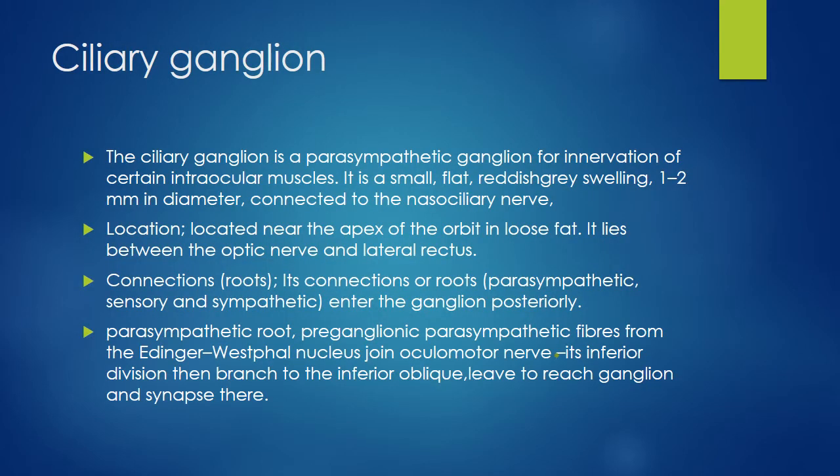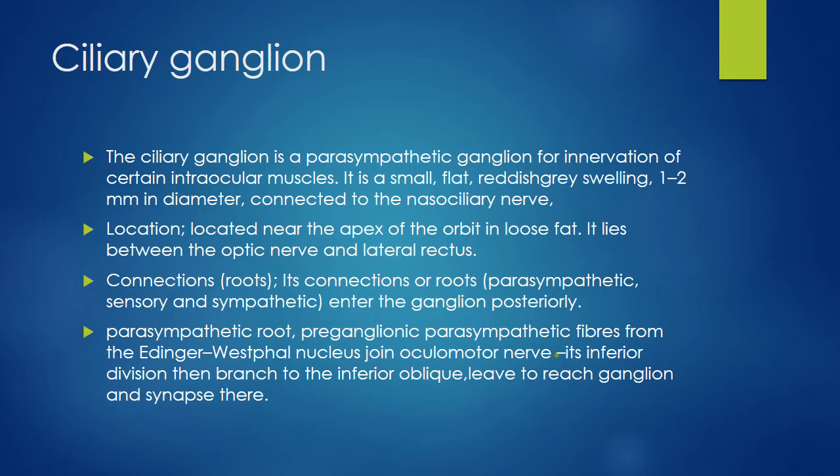The next is ciliary ganglion. I have discussed the ciliary ganglion in detail in my video lecture. Ciliary ganglion is a parasympathetic ganglion which is for innervation of certain intraocular muscles. It is a small, flat, reddish grey swelling which is connected to nasociliary nerve, but functionally it is related to